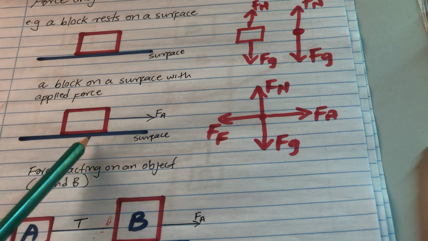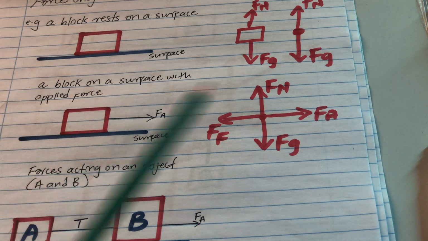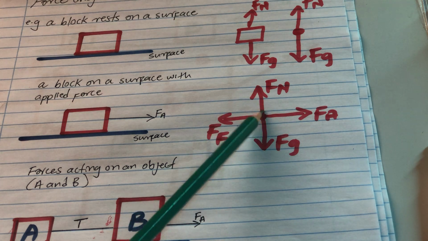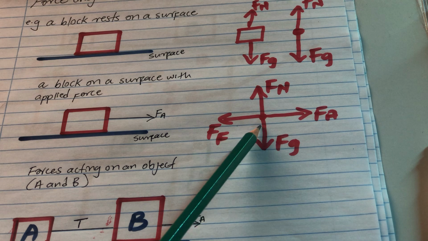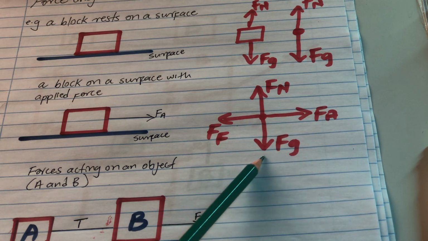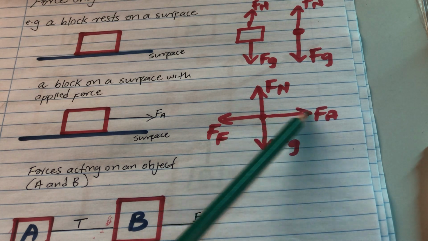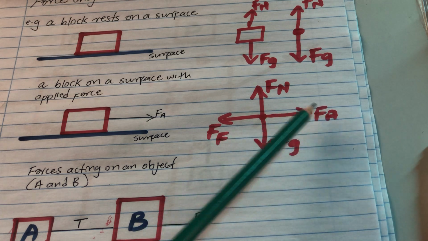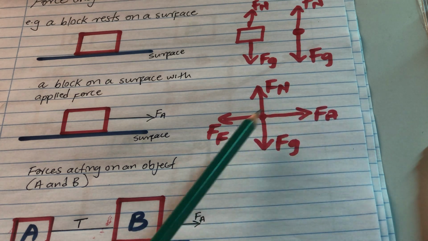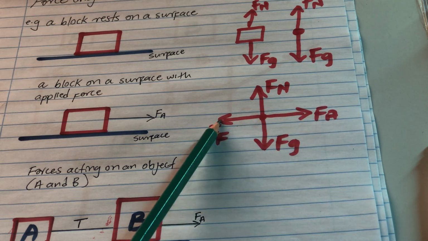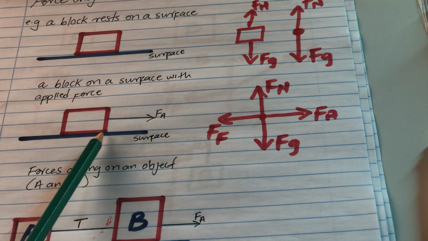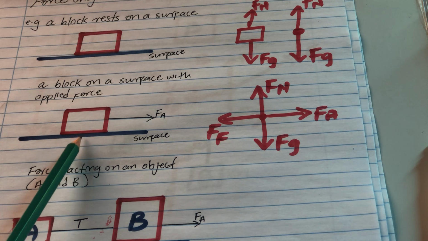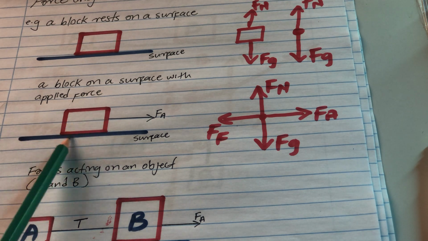The forces that are acting on this block, we have a normal force, Fg, applied force, and frictional force. As this box is being pulled, there is a friction between the box and the surface,